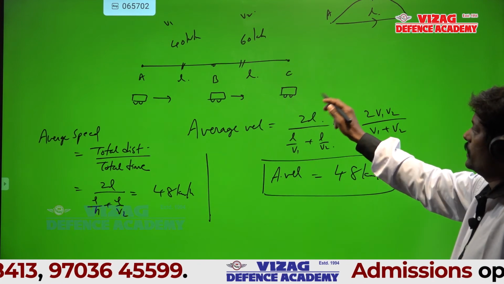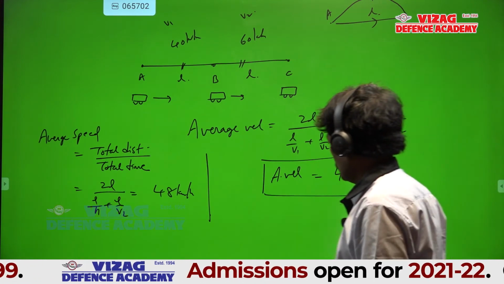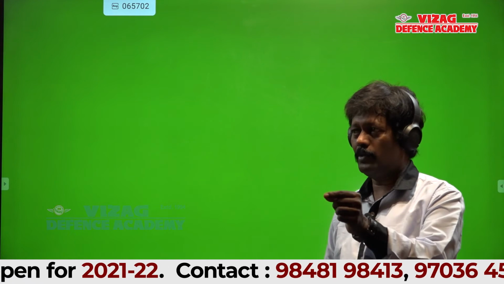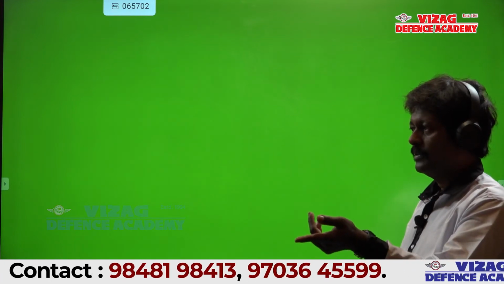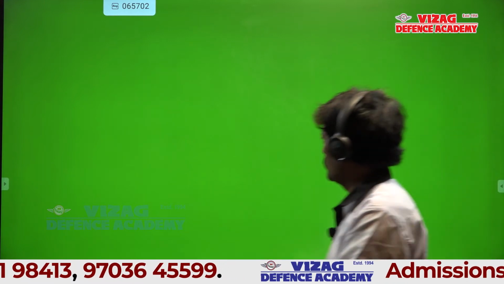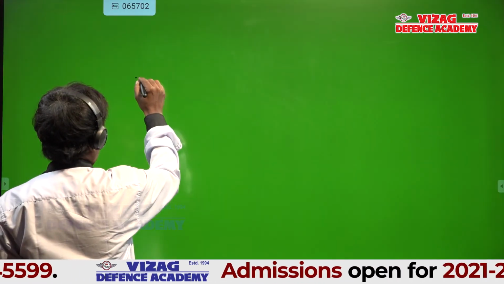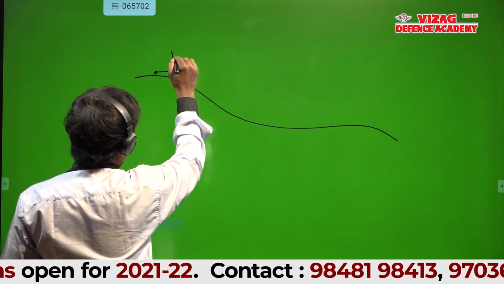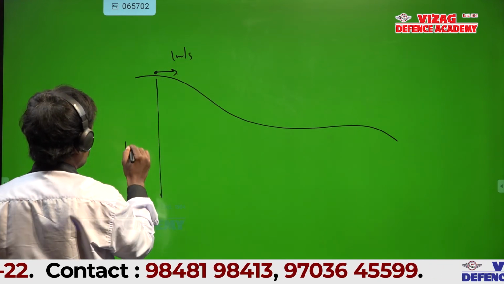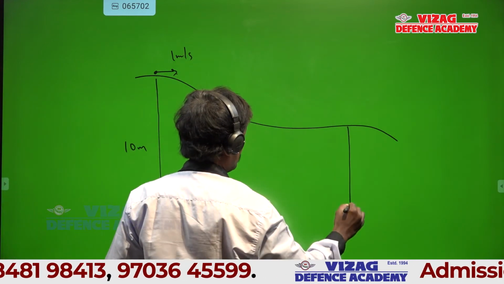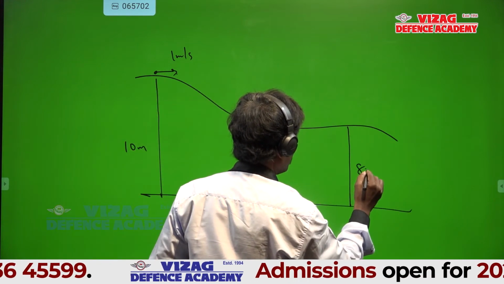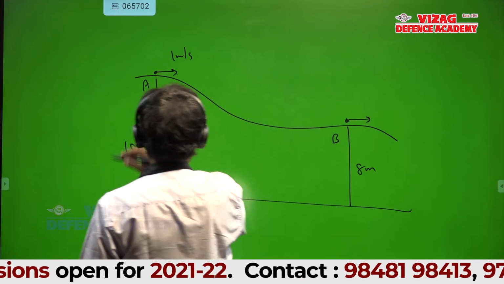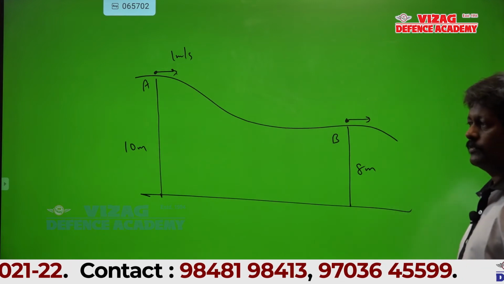And I took a condition AB equal to BC. Right. Now, let me take a new one. One problem I was explaining two days back, to find the velocity, look at this, I gave like this. Here what is the velocity I gave? I remember 1 meter per second, I think. I gave this as 10 meters. I want the velocity here. All of you remember this, I think. I gave you this.